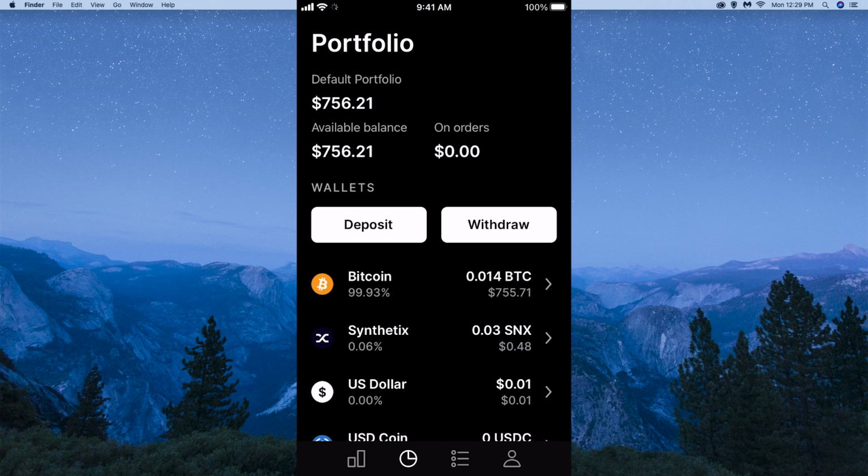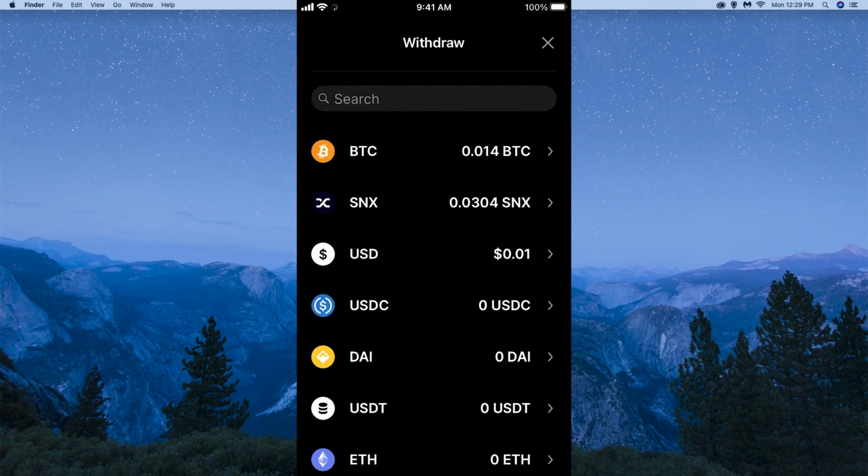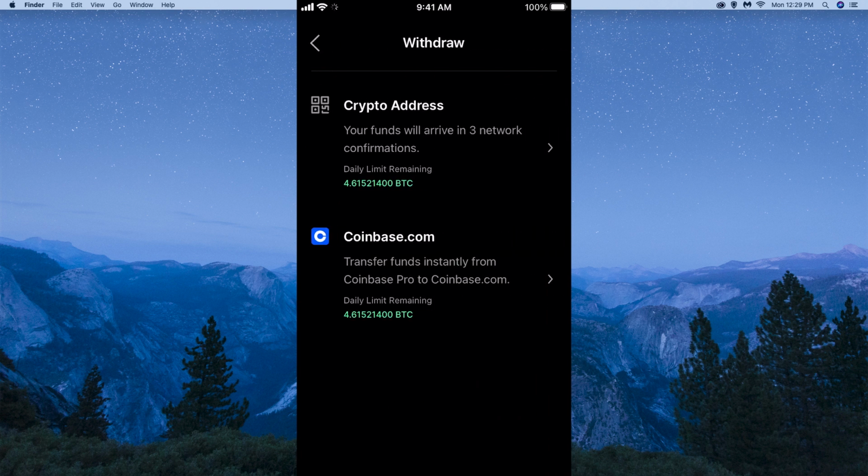Again, the reason you might want to do this is because the fees are lower on Coinbase Pro. And now, if you wanted to send it back to Coinbase, what you would do is just hit withdraw, then hit BTC, and then